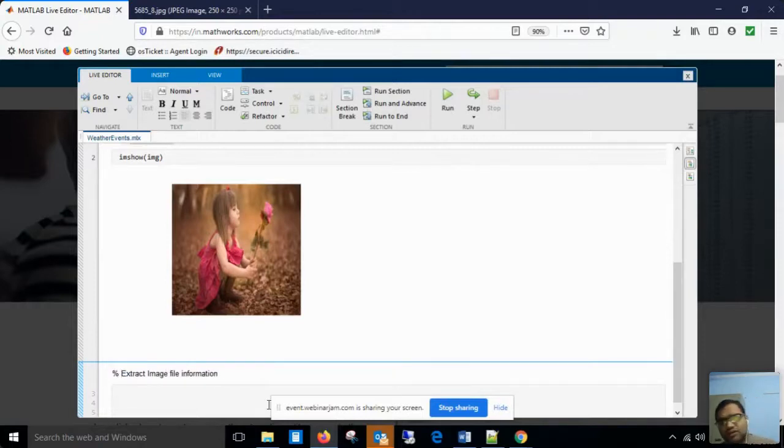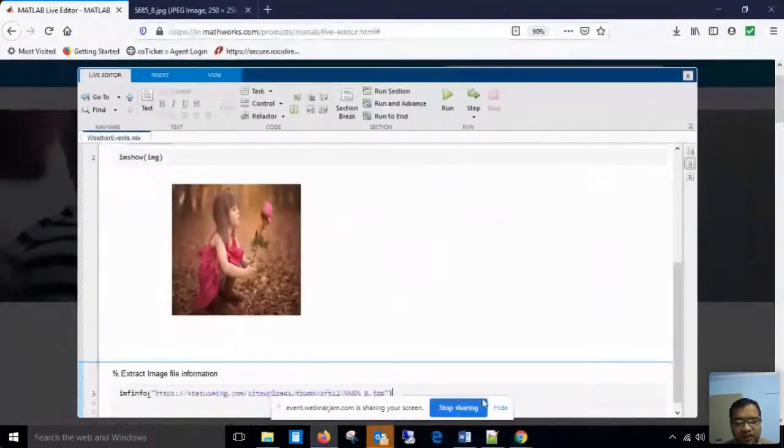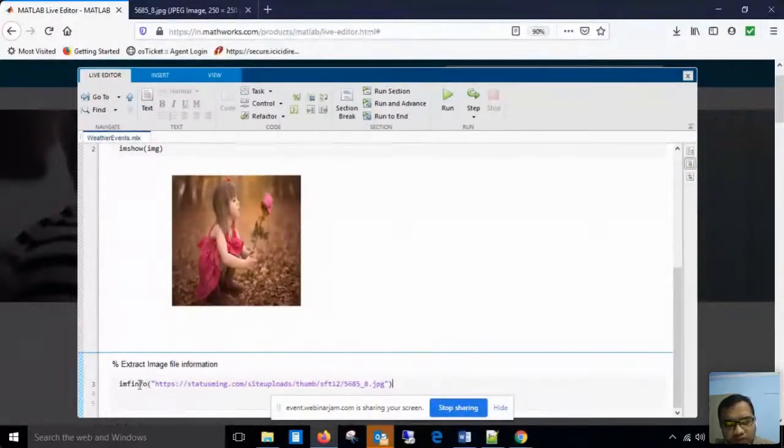Fine. Now I want to know what the different components available in the image are, or what different information is associated with the image. For that purpose, I will use the function imfinfo. What imfinfo does, image information, and again you have to give the complete path.